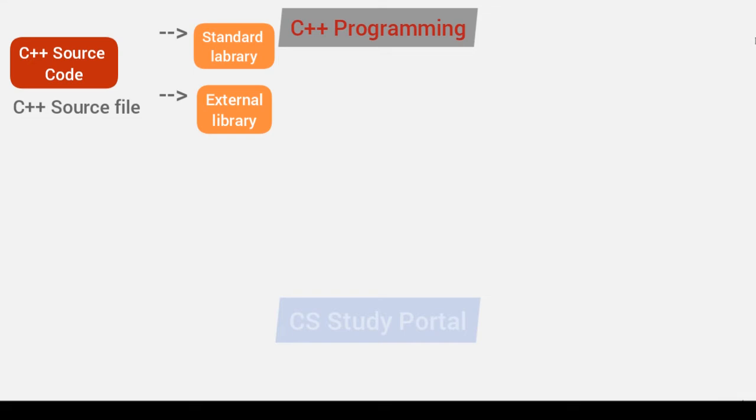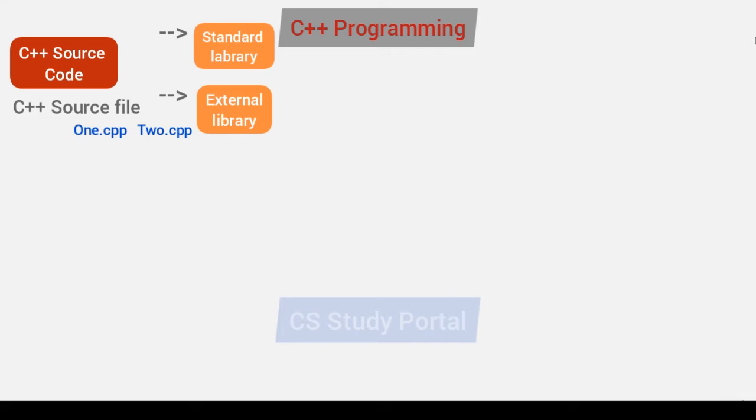Now the next thing is, in C++ programming, while writing the code, you can divide your programs into multiple files. If your program is large, then you should do that. It has a lot of advantages. Let's assume that I am writing a C++ program and I have divided my program into two different files. One file name is 1 and the extension is .cpp, so you can see here 1.cpp, and the other file is 2.cpp.